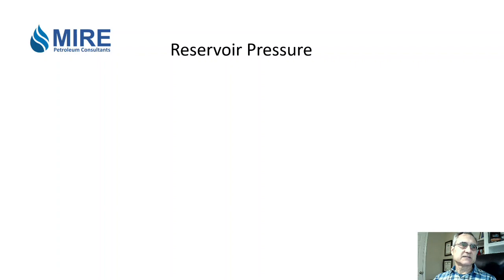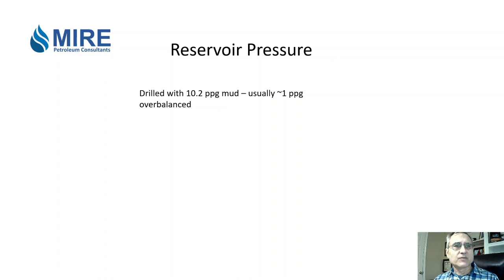All right, when you're estimating reserves, you need to know the reservoir pressure. So how can we estimate this using well log data? Well, we know the well was drilled and logged with 10.2 pound per gallon mud, and usually you drill the wells overbalanced, about a 1 pound per gallon overbalance. Otherwise, you're taking a chance of the well blowing out. So in most normally pressured reservoirs, we know the gradients are about 8.9 pounds per gallon. In abnormally pressured reservoirs, this mud weight would be more important to know. But anyway, in normal pressure environments,